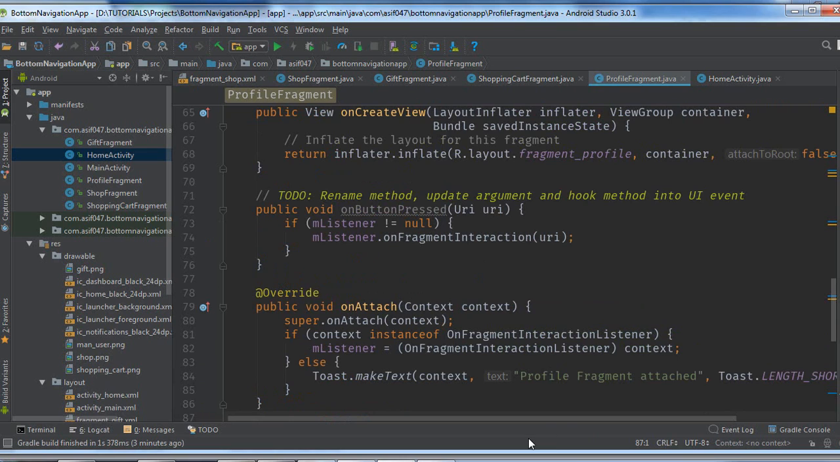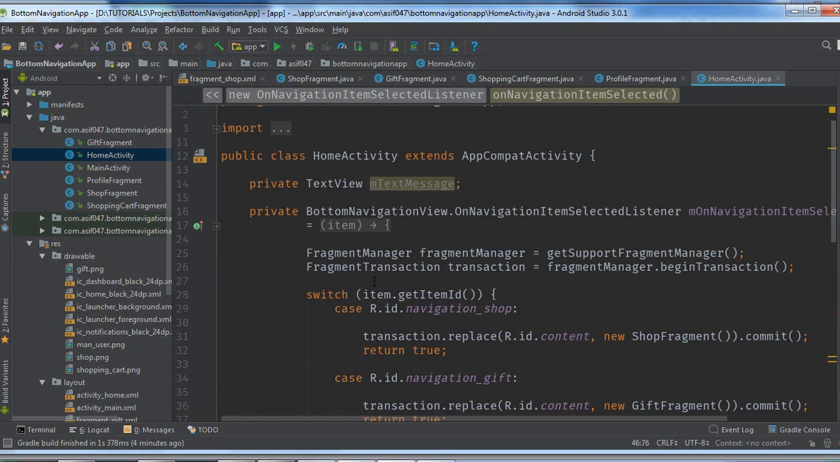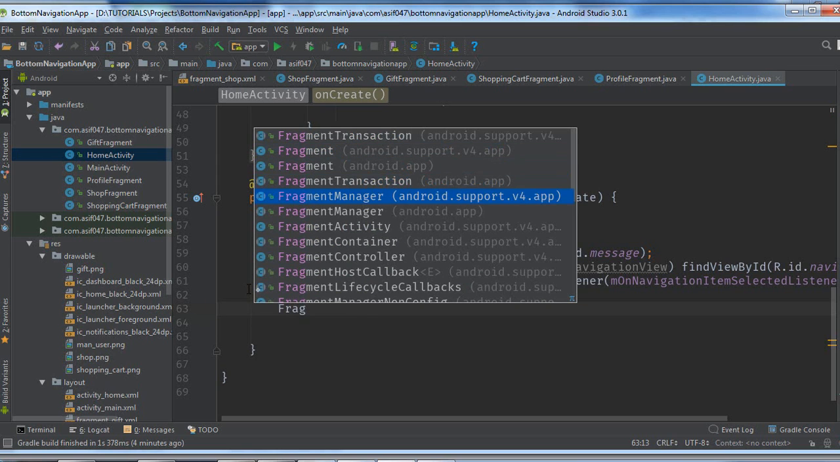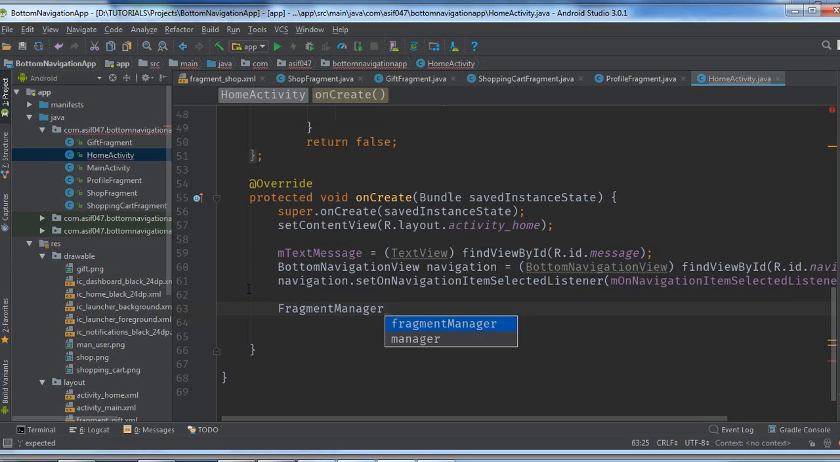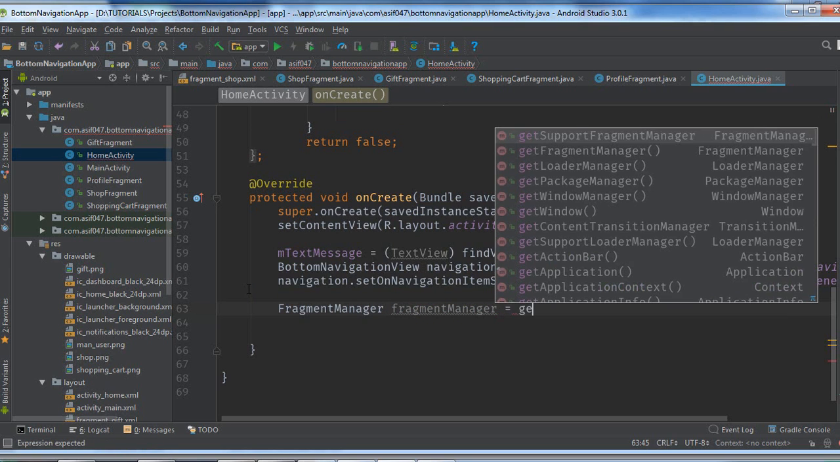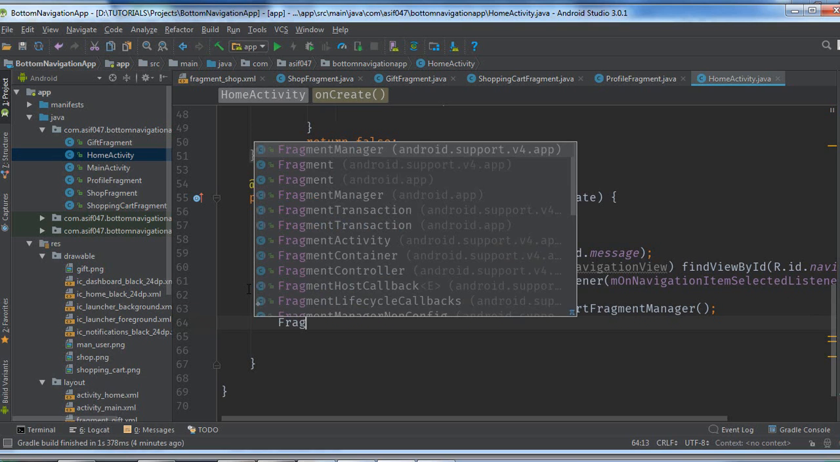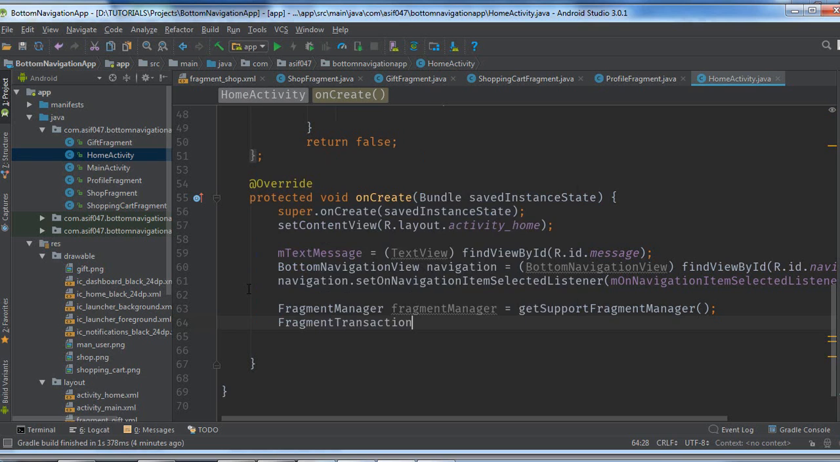Now what we are going to do is set our default fragment which will appear when this home activity is called. So for that, inside the home activity class, inside the onCreate method, we need to write some code here. We need to declare the fragment manager, and let's get the support fragment manager, fragment transaction,